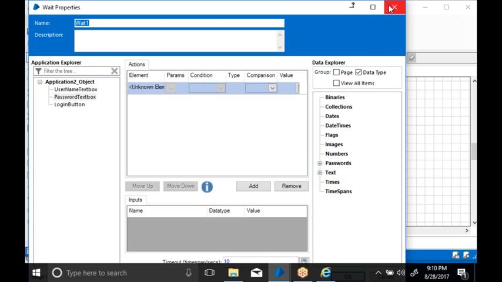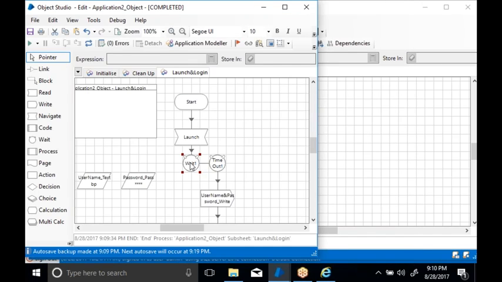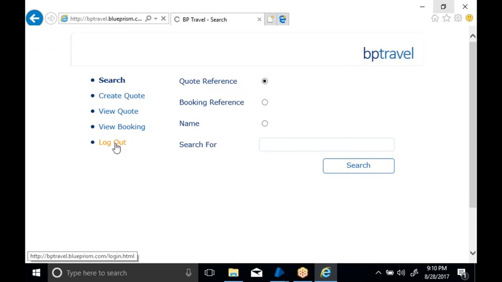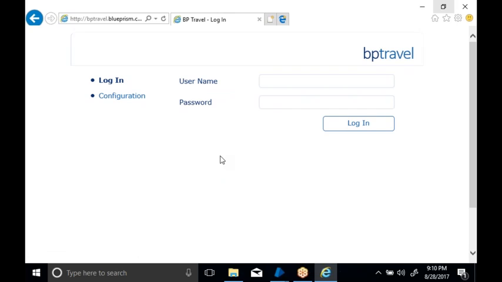How to put the dynamic wait: go to the wait stage and just double click. In the wait stage, you have given the static 10 seconds. For the dynamic wait, you also have to give the time, that is the time called maximum. Now basically, how can we identify whether the page is loaded or not? Once we launch the application in any browser, if any text or any elements appear on the screen, on the application, then we can identify that the application is loaded. In the same way, once my username text box is appearing on the browser,